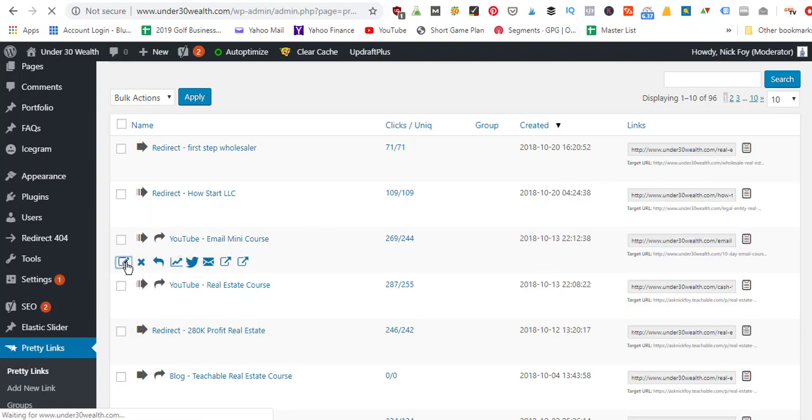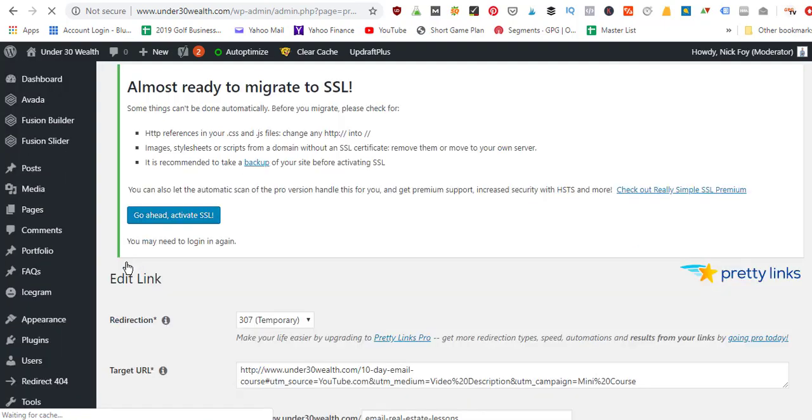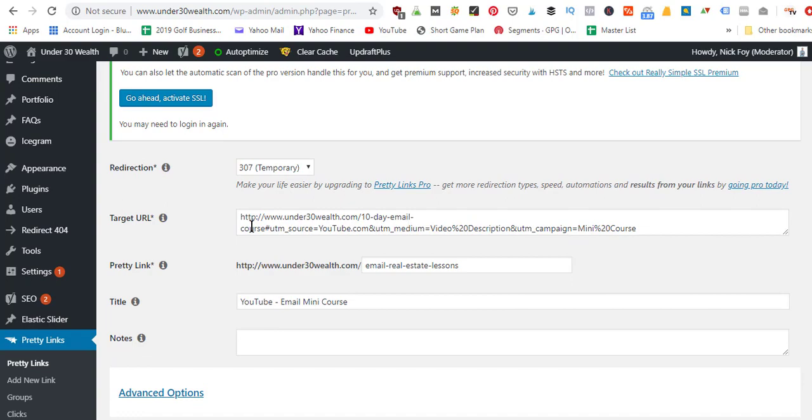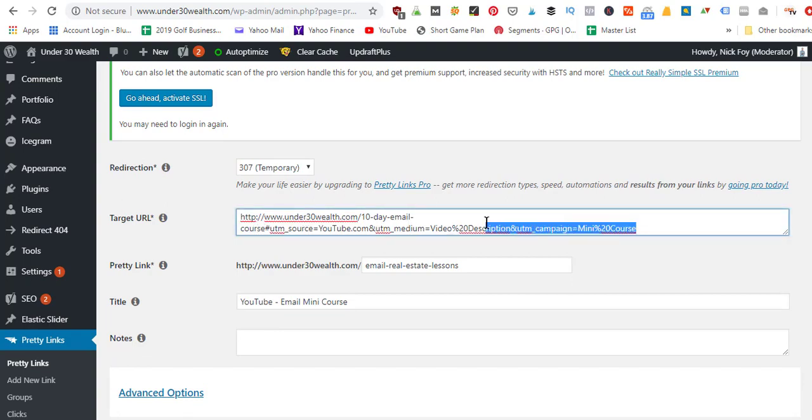So we can click this edit button here to open up and see where it's redirecting them to. Here we've got the 10-day email course, and then it's got all this extra code on it. This is actually Google URL campaign tracking code. I set up a custom Google URL campaign link. So when somebody goes to this link, it tracks that they're coming from YouTube, the medium is video, and the campaign is the email mini course. That tells me inside my Google Analytics where that traffic came from by using the tracking Google URL campaign